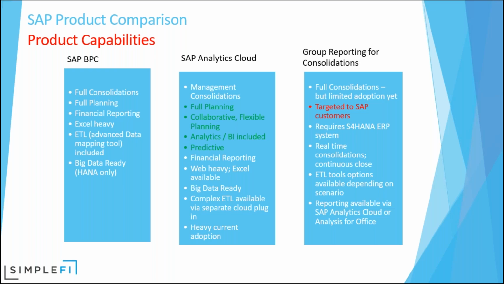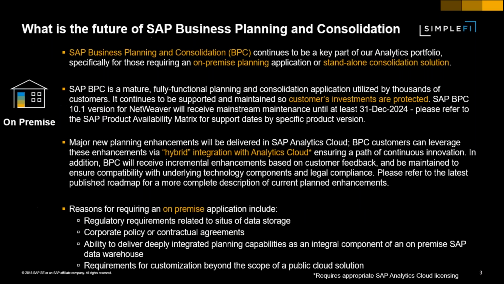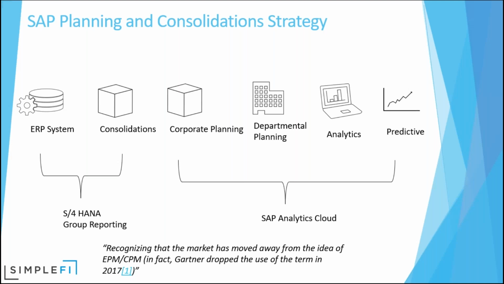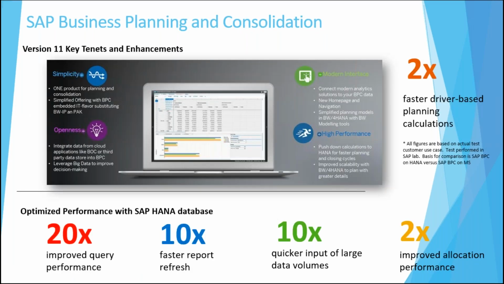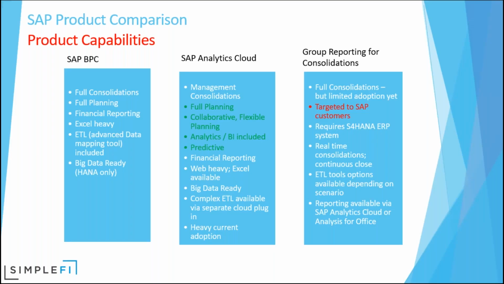Product capabilities, so SAP BPC. So this is just to kind of line these products up. So I discussed earlier when I flashed up, from a strategy perspective, SAP Analytics Cloud combines corporate planning, departmental planning, analytics, predictive. BPC for corporate planning and consolidations, right? And group reporting is consolidations right on top of your ERP. But I wanted to put together this slide just to kind of hammer home that point and highlight some key